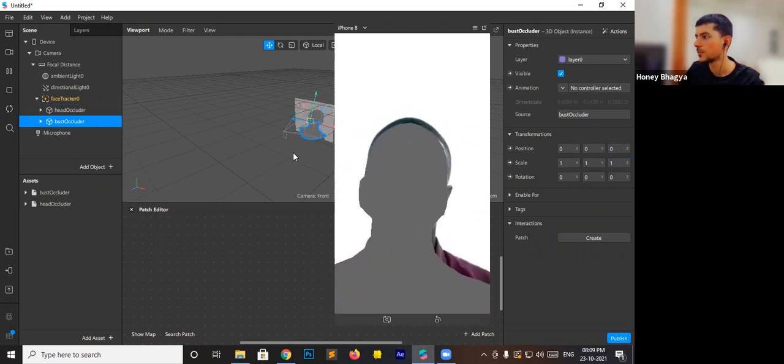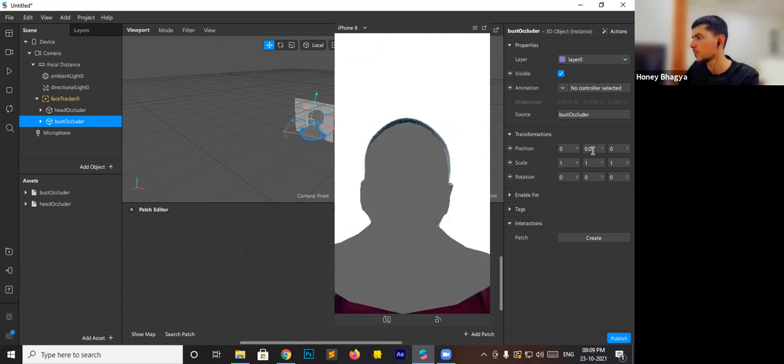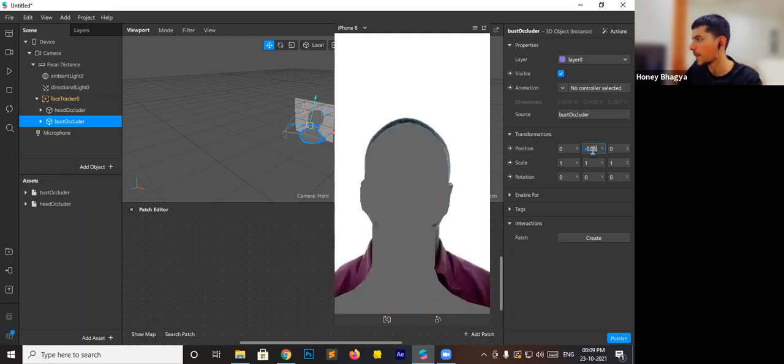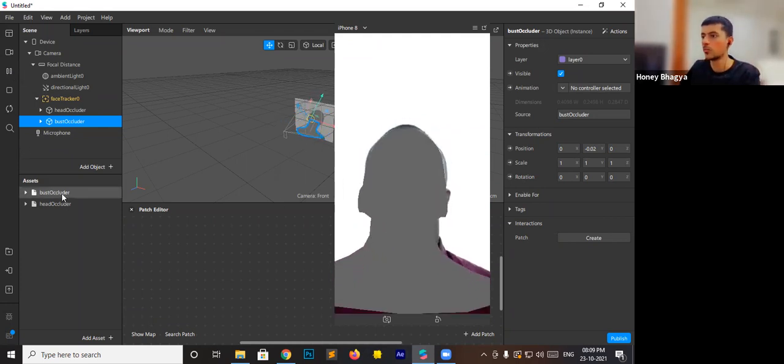And then same with the bust occluder. Bust occluder is kind of fine, so I'm going to change its position. Now it's perfectly placed.